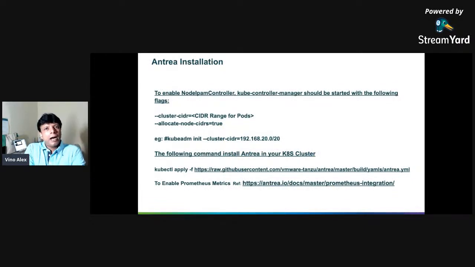I'm sure some of you are interested to try out Project Antrea. The only thing you have to take into consideration is, suppose you are using kubeadm to deploy your Kubernetes, you might be aware there is a parameter called cluster CIDR you pass to kubeadm.